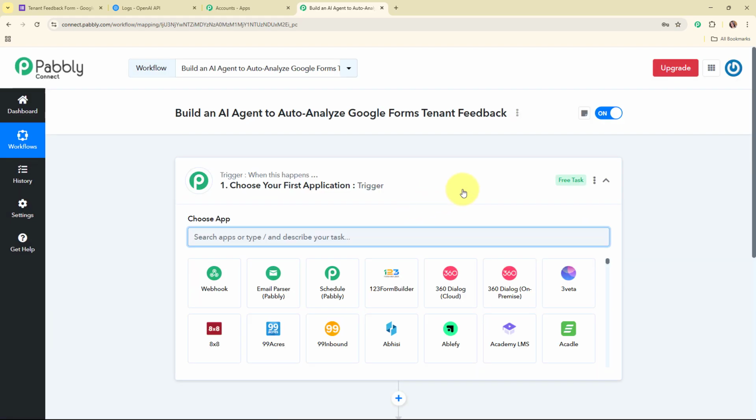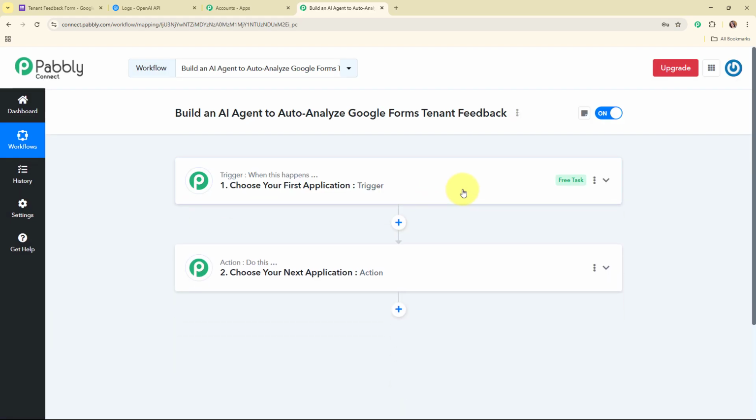Now here in this workflow window, you can see we have successfully created a workflow where you can see two most important principles of an automation process, that are trigger and action. Where trigger says when this happens and action says do this, that means action is a response towards a trigger. Your automation can have a single trigger but multiple action steps. Now let's begin with our automation by simply setting up a trigger.